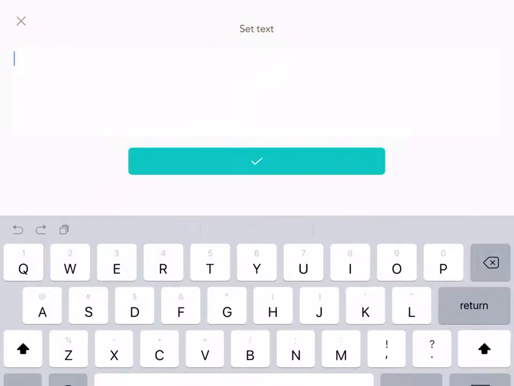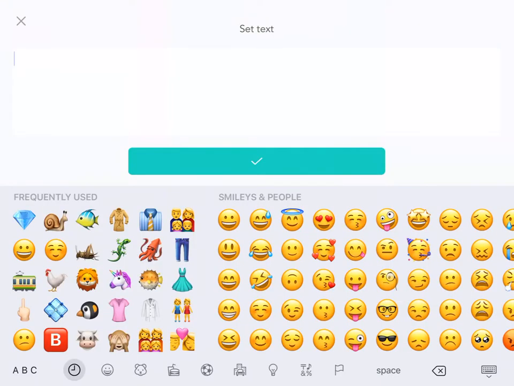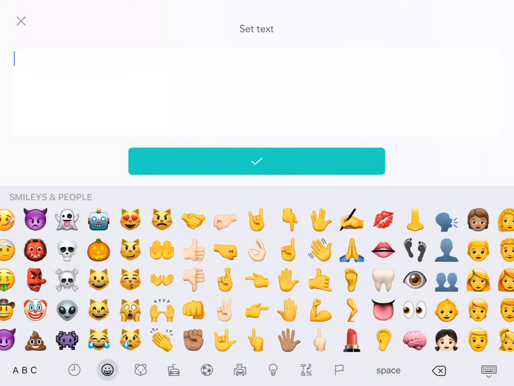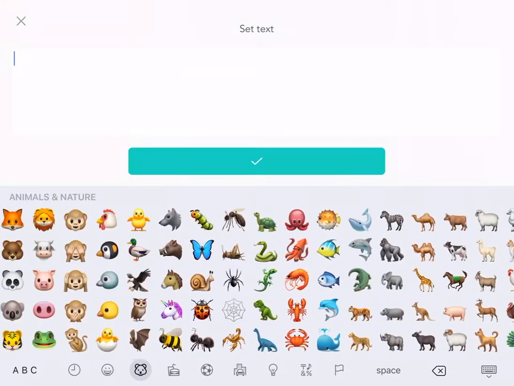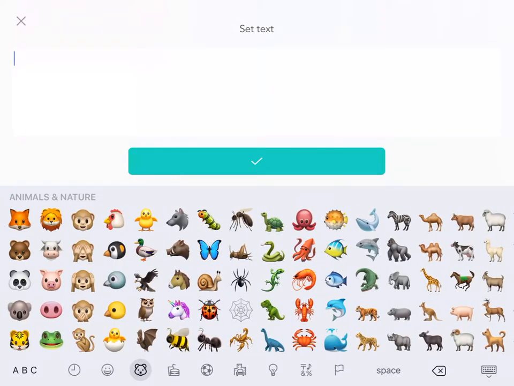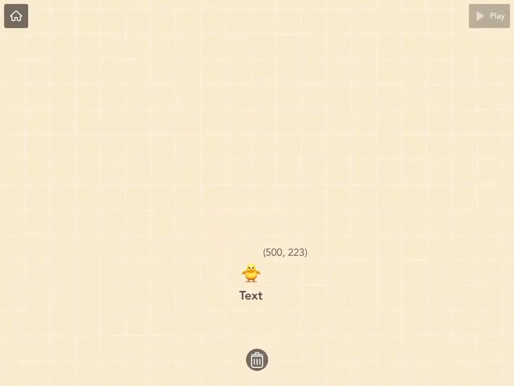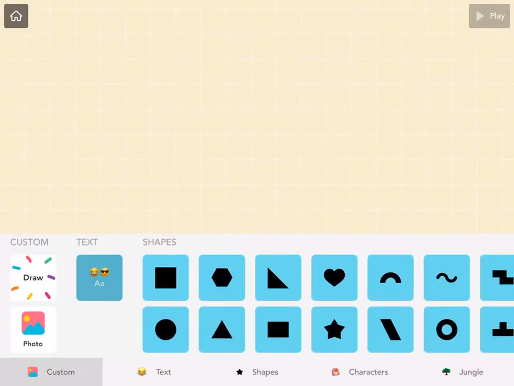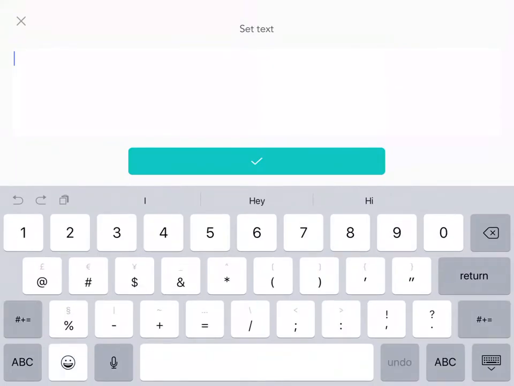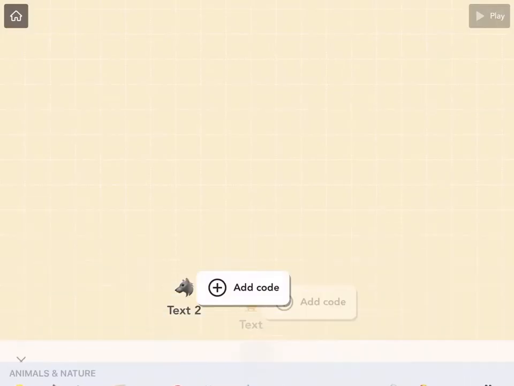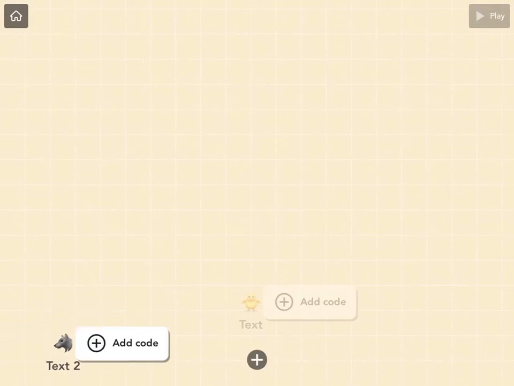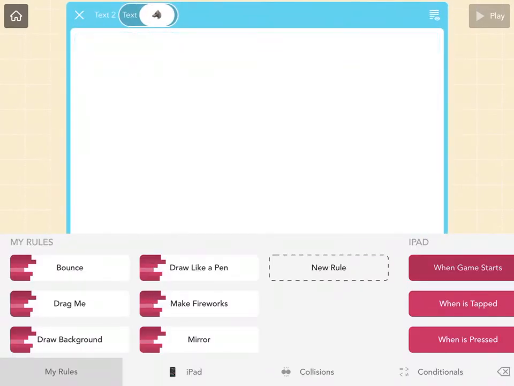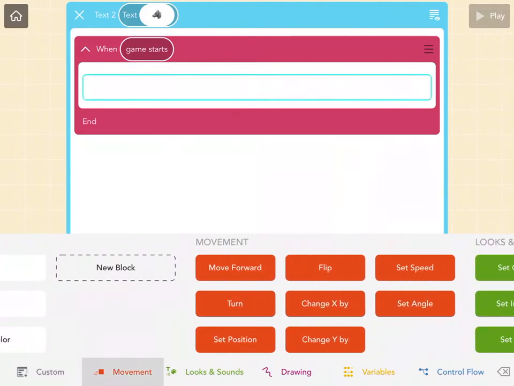So first off, you'll need to get an emoji. I'm just gonna get a chicken. Chick. So if you want, this is optional, but you can also get a random emoji. Then you can say, when game starts,